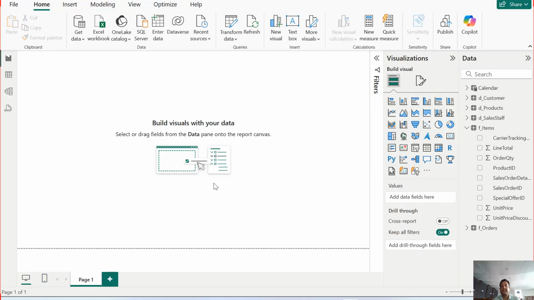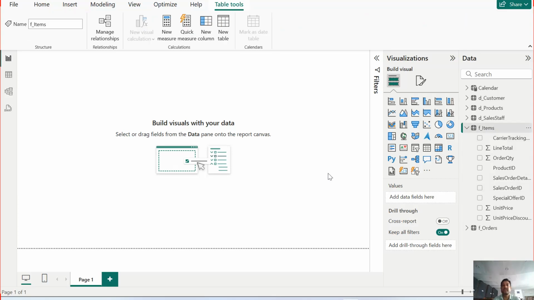So now the first thing that we are going to learn is how to make explicit measure. This is my sales, or my revenue, so I want my name revenue to appear over here in every visualization. So what I'm going to do is, wherever you want to create the measure, you have to select first the